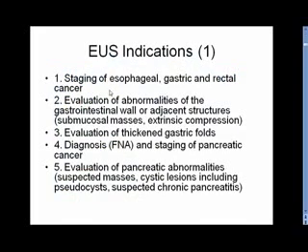EUS indications are typically staging of esophageal, gastric, and rectal cancers, the evaluation of abnormalities of the gastrointestinal wall or adjacent structures, such as submucosal masses, extrinsic compression, the evaluation of thickened gastric folds, the diagnosis by fine needle aspiration biopsy and staging of pancreatic cancer, evaluation of pancreatic abnormalities such as suspected masses, cystic lesions, including pseudocysts, and suspected